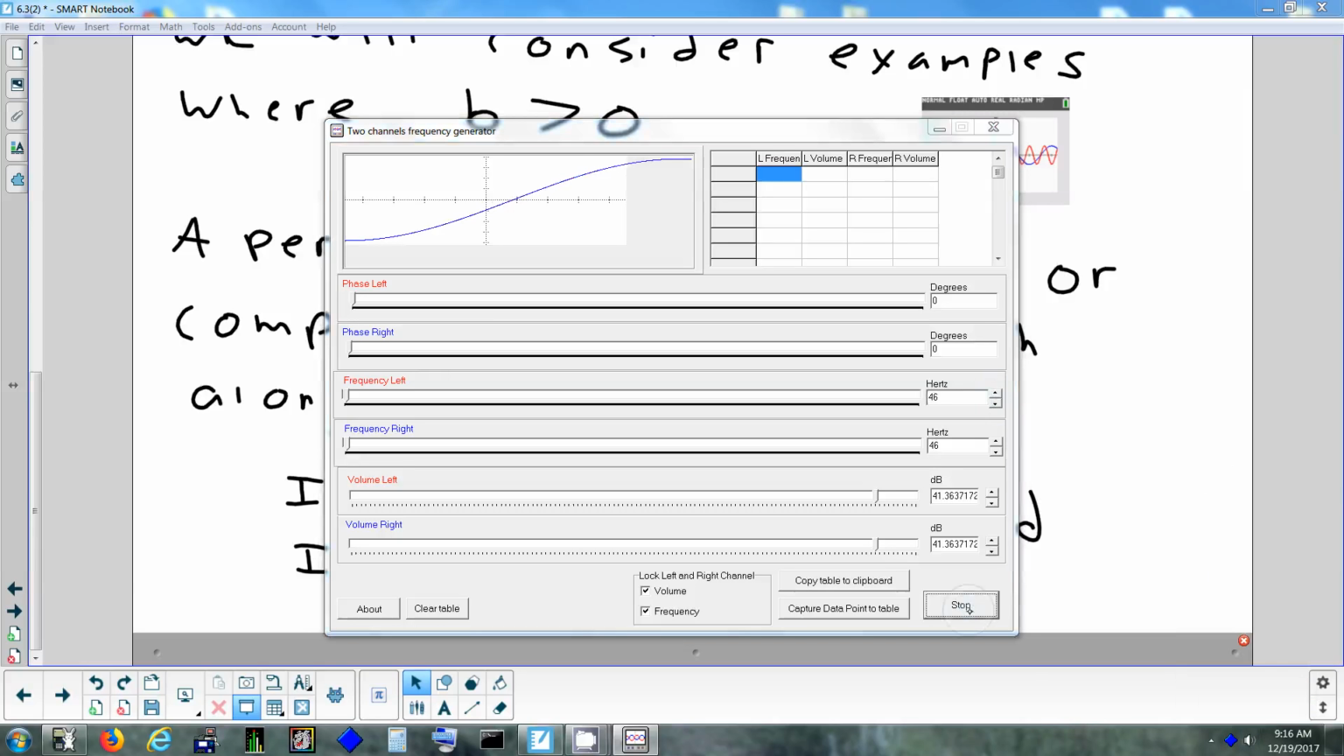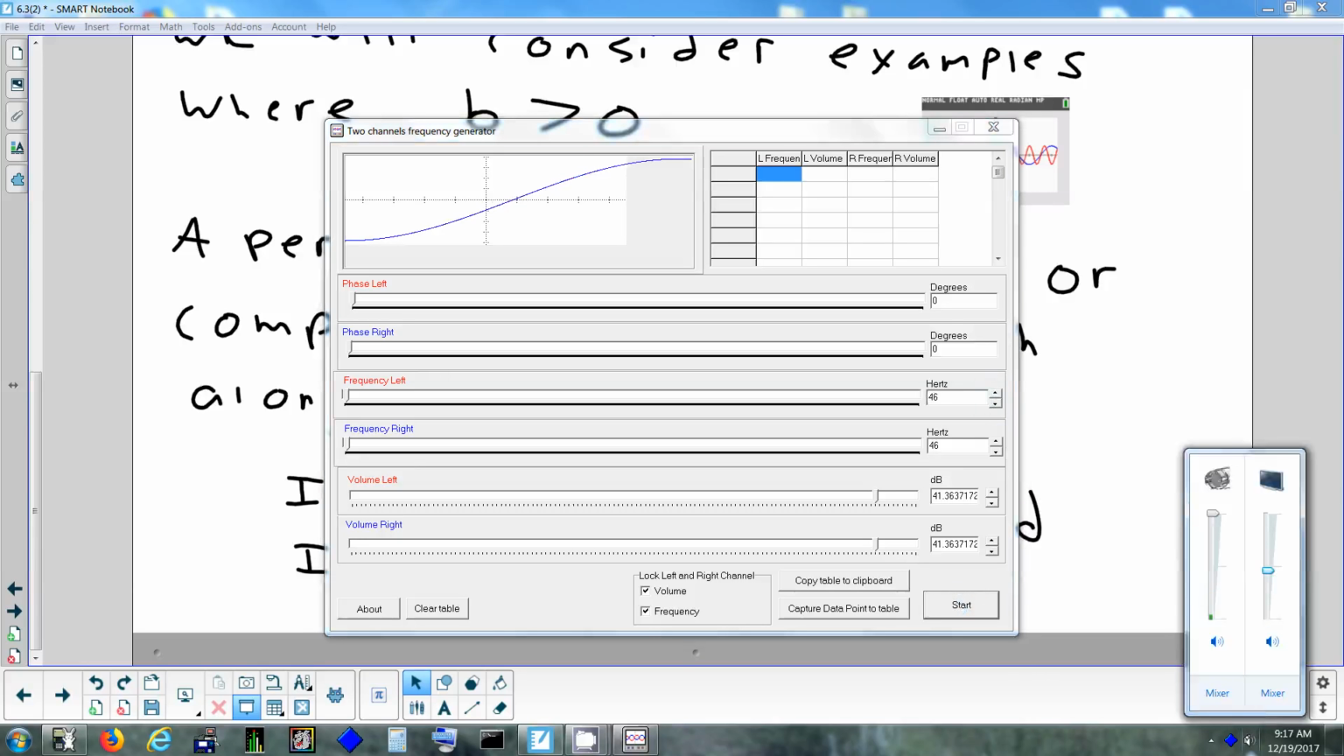And listen to that one. So that's 45 hertz. Very, very low pitch sound. Travels very well through walls. And another interesting thing is, if I play that,